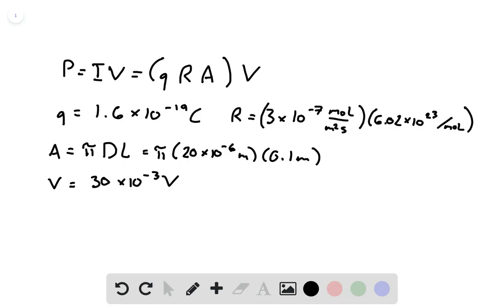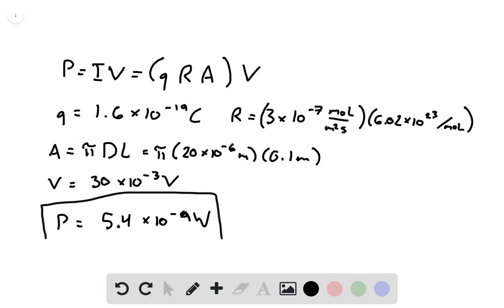Plugging all this in, we should find that the power P is just going to be 5.4 times 10 to the minus 9 watts, which is the power needed for these sodium ion pumps to pump in this rate of sodium ions. And here we've rounded this to two significant figures because that's the number